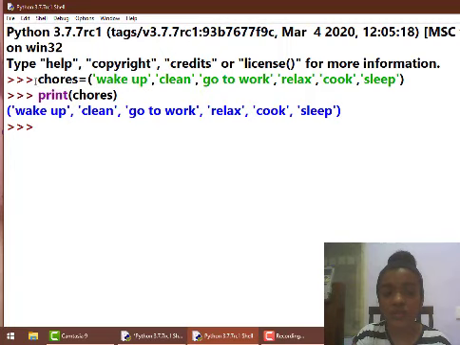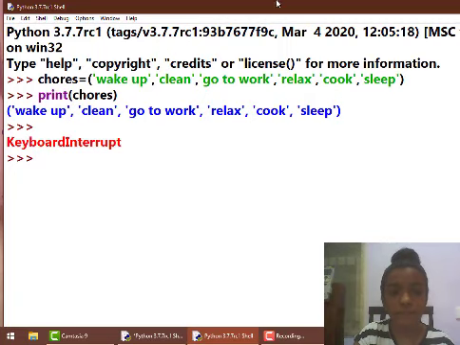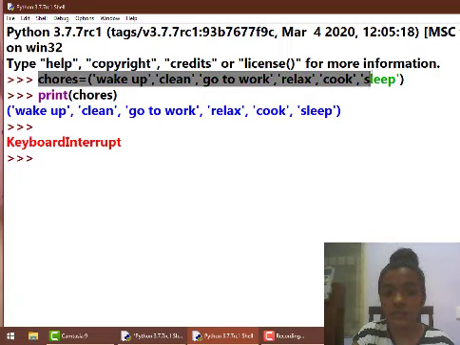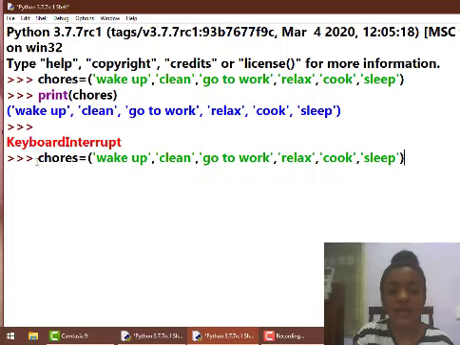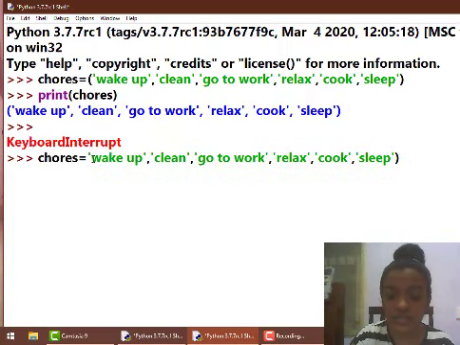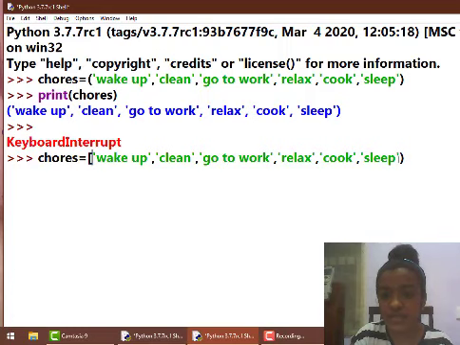So how does a list look like? A list looks the same as the string with a small change. Instead of parentheses, we are using square brackets to indicate lists.